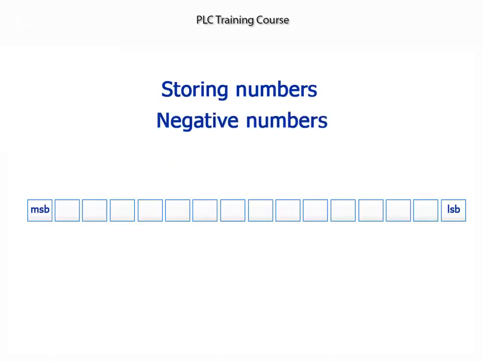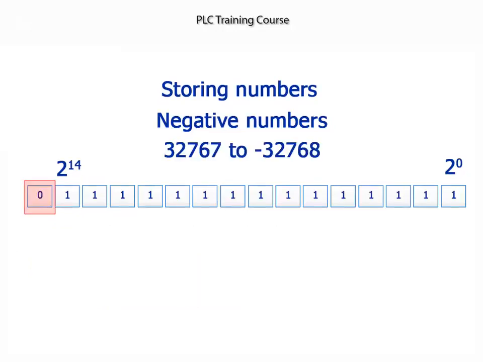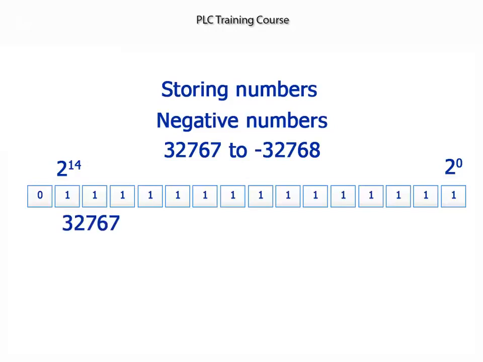However, negative numbers are required. The most significant bit was changed to become a sign bit. If the sign bit is 0, then the numbers are positive. If the sign bit is 1, then the numbers are negative. Consider this number that has a 0 in the most significant bit, and the rest of the numbers are 1. This will have a value of positive